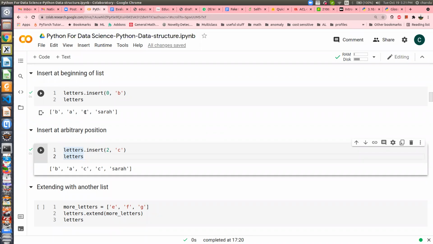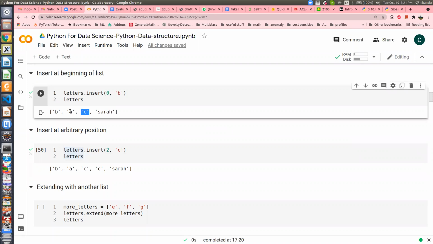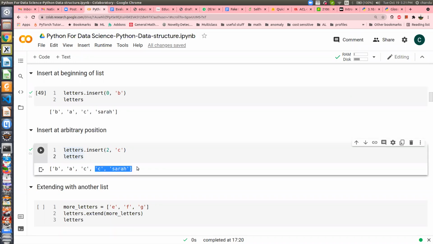C was there at location 2, correct? This is 0, this is 1, this is 2. I wanted to insert something at location 2, and it didn't remove the earlier C. It just inserted at that location, and whatever was there, it shifted everything to the right. Earlier C and Sarah got shifted. It doesn't change that value. So that's how it is different.